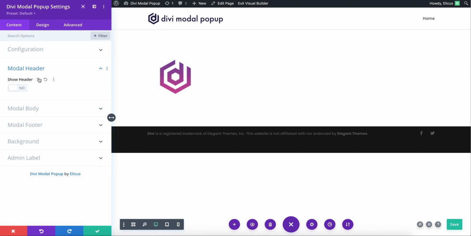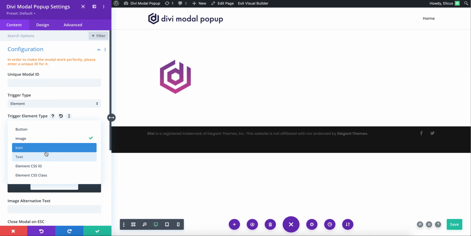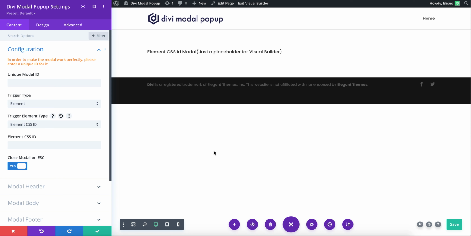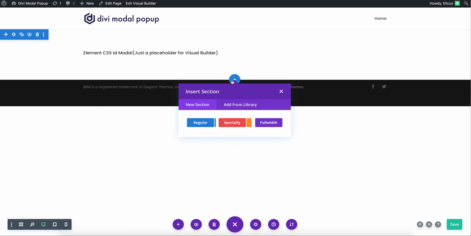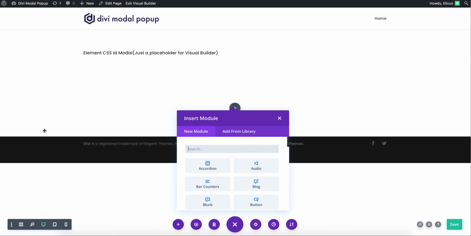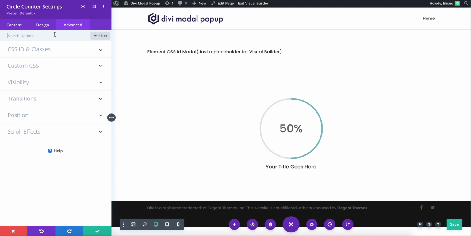If you like to use any other element, let's say you like to display the pop-up on click of any other Divi module, let's pick up CSS ID here. So any Divi module on the page that has an ID will launch this pop-up. I'm going to call it my ID, and I'll just try to add a section or anything on the page. Let's say a regular section. Maybe a circle counter, and I will assign